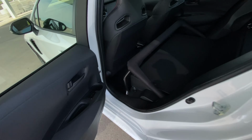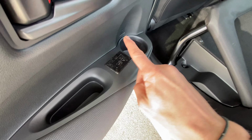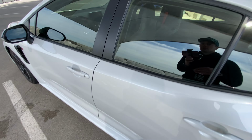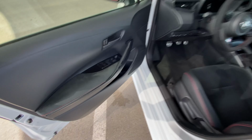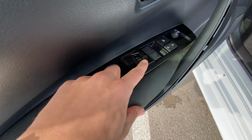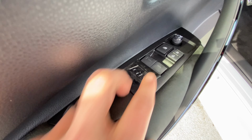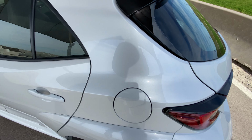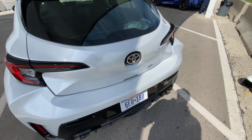You'll also notice that you can't control your windows on here. You still have cup holders back here because they're not going to change the door, but on your front, obviously, you can't put down your rear windows, so you can just control the fronts. So you can open the rear doors. You can't sit back there. You can't open or close the windows. But yeah,